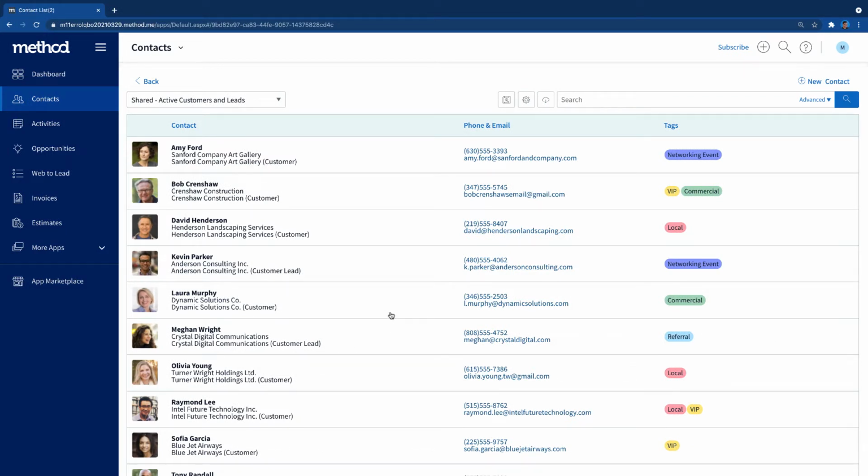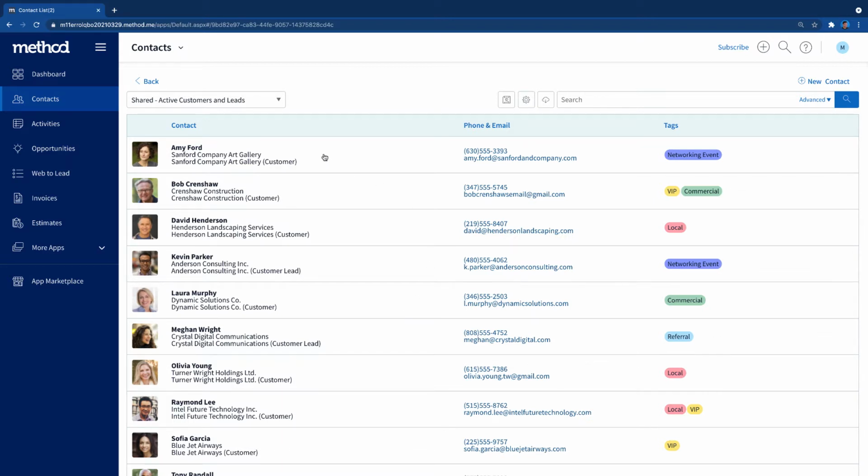With any new piece of technology, sometimes it's hard to get started. For example, how do you import your data? With Method Sync, you don't need to worry about that. You're not spending time moving data from one system to another. You don't have to worry about duplicate data entry. You have a system that is truly centralized with your financial backbone, and all of this is available out of the box. As soon as you sign up for your account, the sync begins and you can immediately get started.